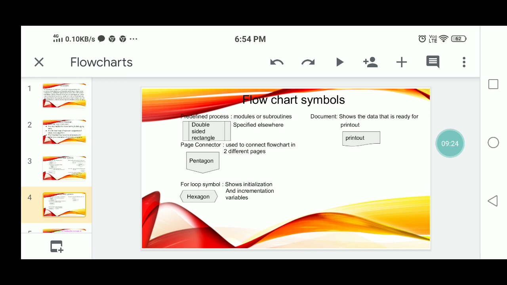The next one is printout. This shows the data that is ready for printout, and the symbol is named document. It indicates printouts.